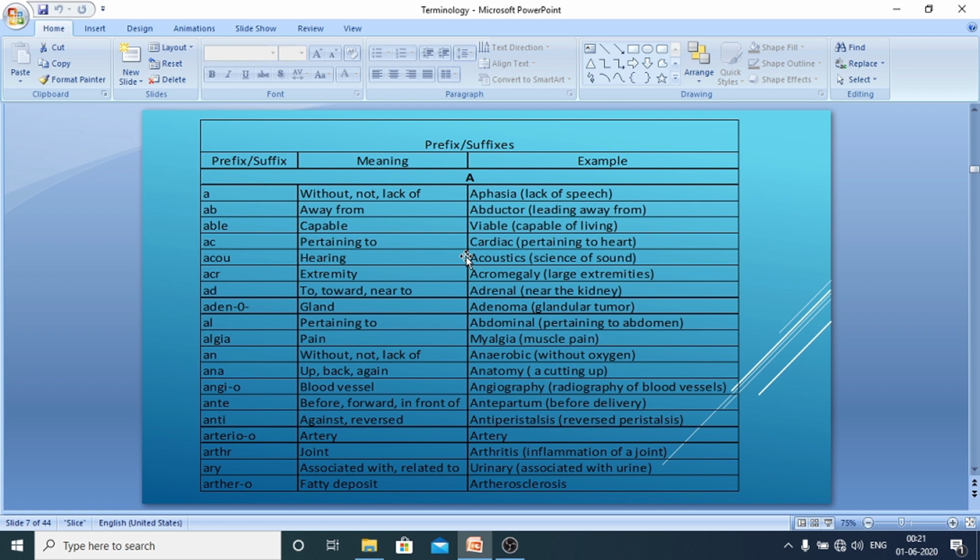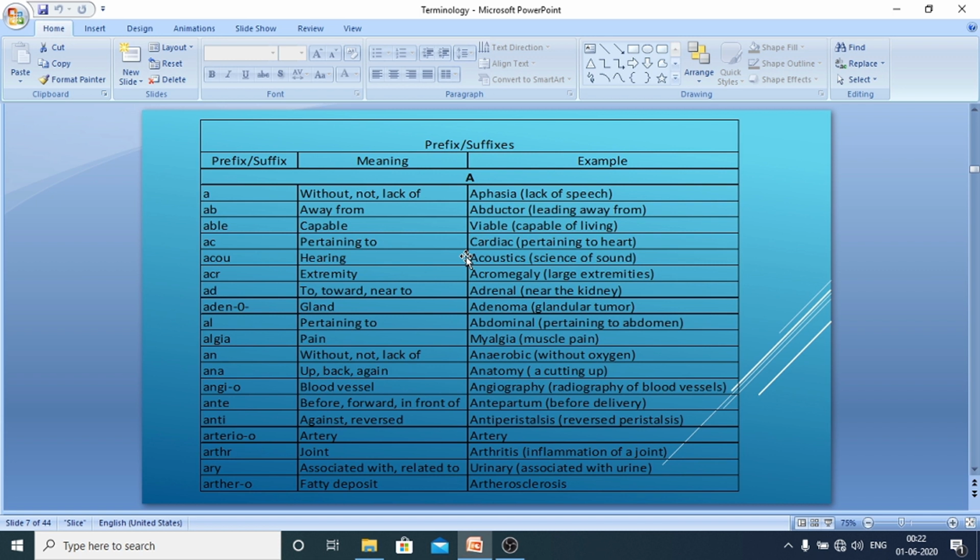While going through these slides, we'll go alphabetically from A to Z through all the prefixes and suffixes, but if any of the alphabets are missing, it means that particular alphabet does not have any prefix or suffixes. Here I will just guide how to read the prefix and suffix, what its meaning is, and what the examples are, or else the video might cross more than an hour. So let's start with how to read the prefixes and suffixes.